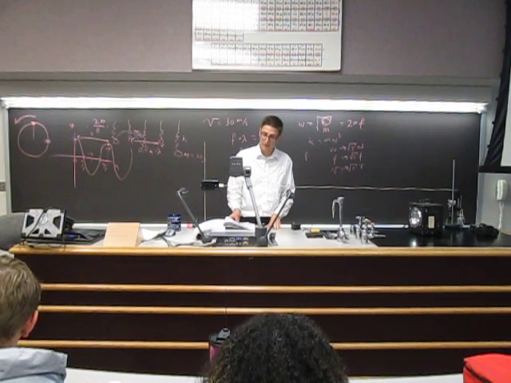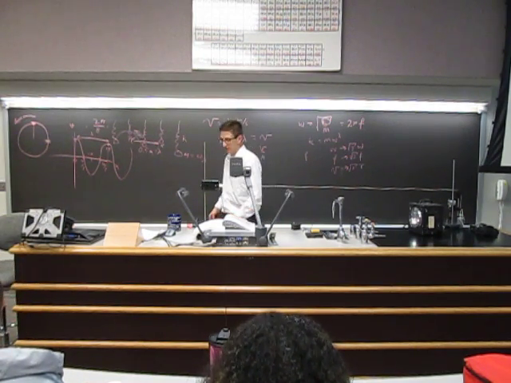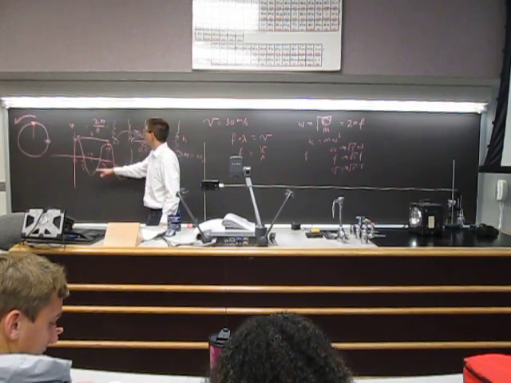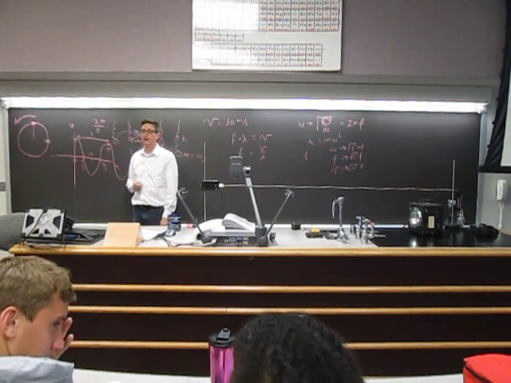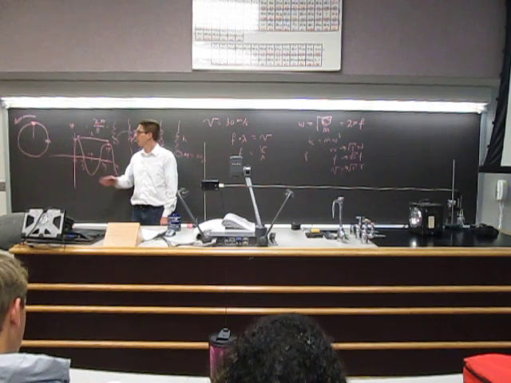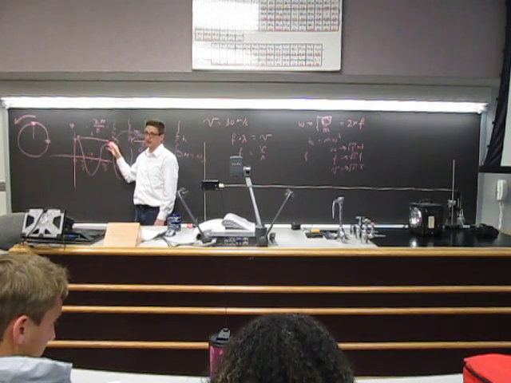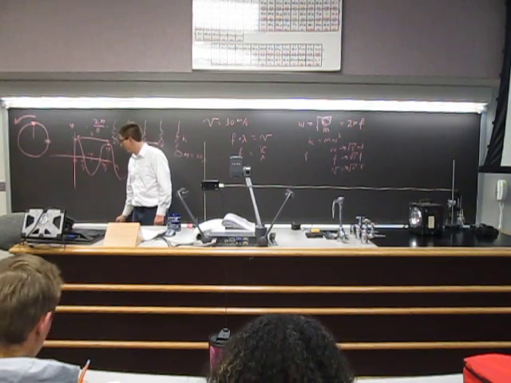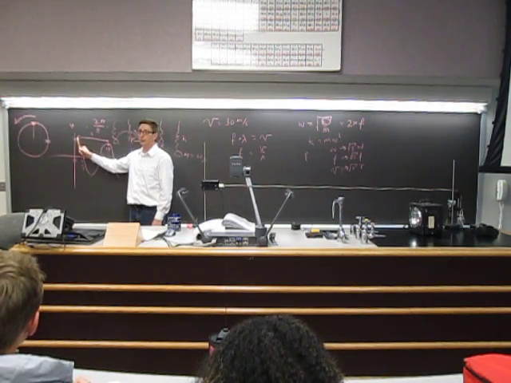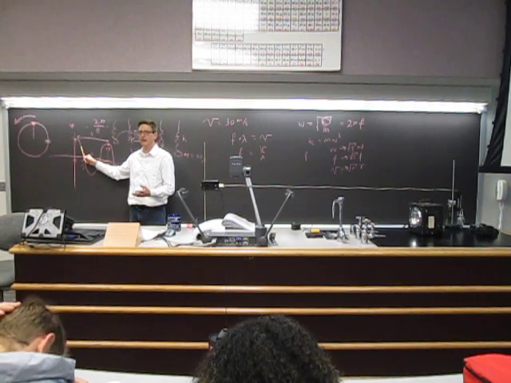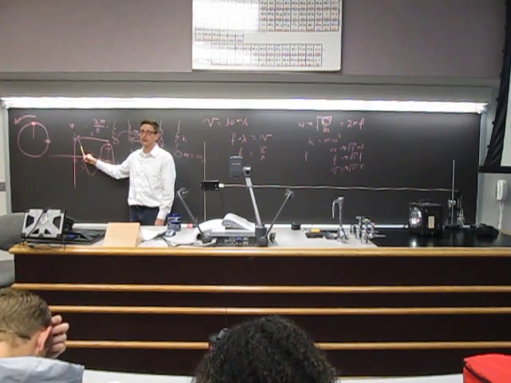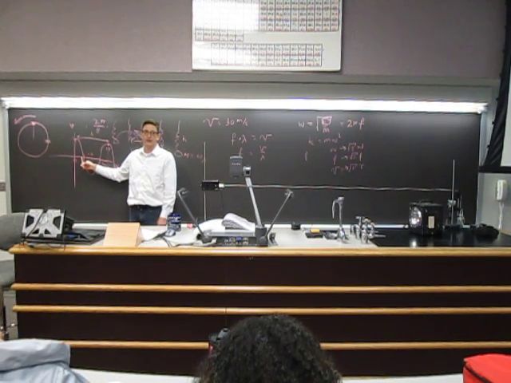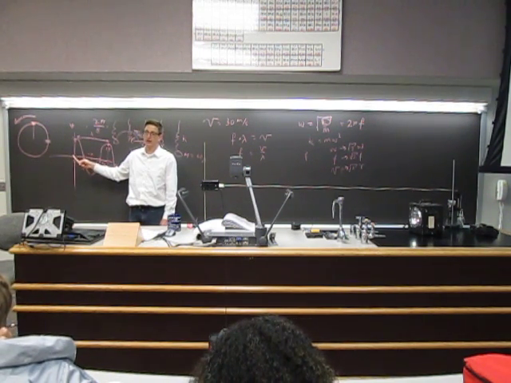Wait, what's the phase shift? Phase shift is the angle. So if I consider one wavelength as having 2 pi radians or 360 degrees, then the phase is the difference in angle between one point and the point that I'm interested in. So it'd be 45 for the original case. Okay. And now we want to make it